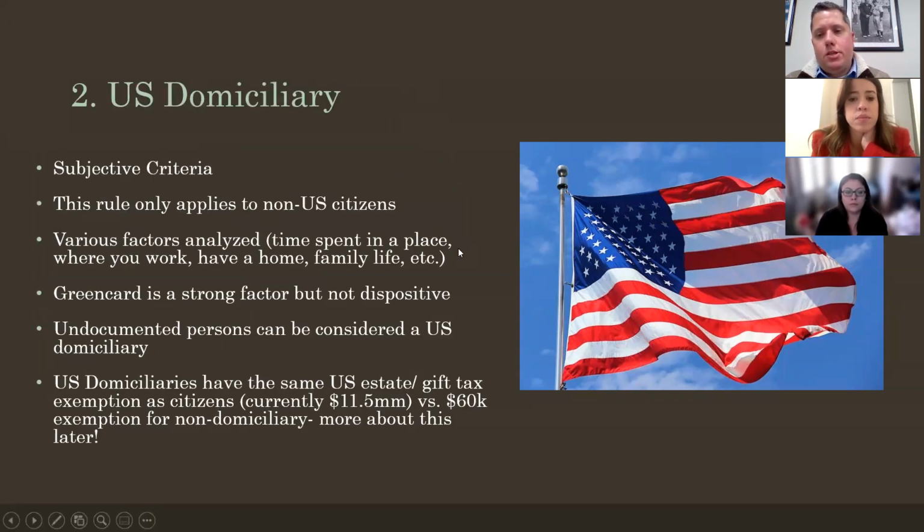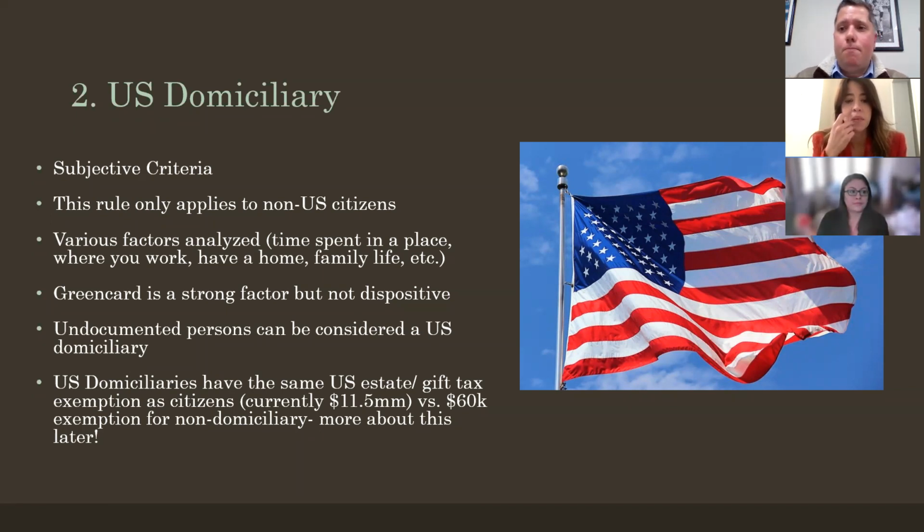Last but not least, U.S. domiciliary. If you're trying to keep up with this, don't worry, we're not testing you on this. We're going to send a copy of the presentation. Relax. No one's going to give you a test on the U.S. tax code. That's something we definitely don't want to do. We're here to help you guys. You can review it later on. Call us, ask questions. Again, this is just for you to be able to spot the red flags.